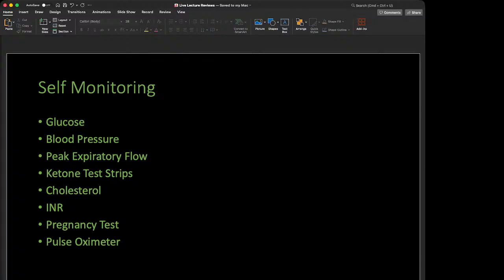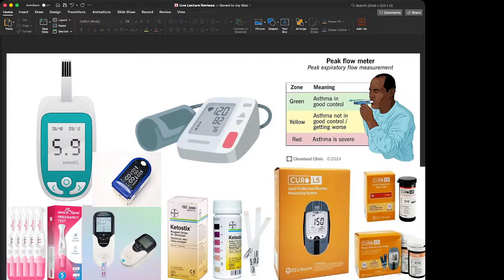So it's important to know how these types of devices are used as well. I won't be going into these in depth in this presentation, but I have noted a few things here. You can see in this diagram here,